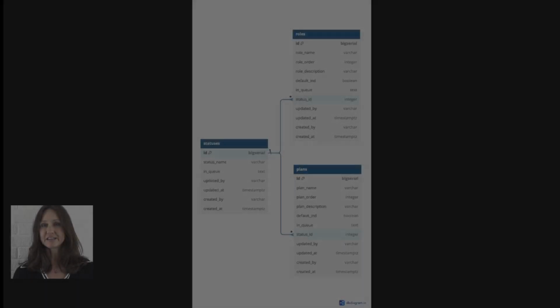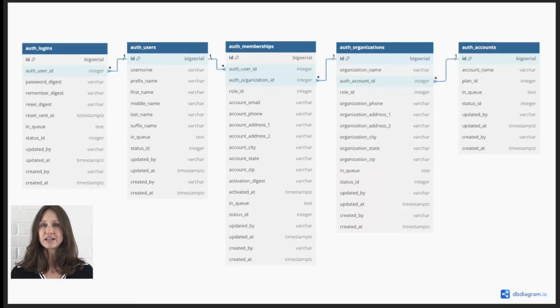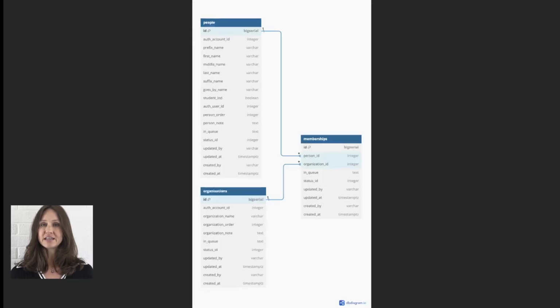If it helps to see the database at a high level visually, here it is. I have fragmented it into different pages in this diagram just because seeing it all on one page may be slightly overwhelming the senses. We first have the application-wide reference tables, followed by the authentication tables, then school reference data specific to the accounts, people and organization data related to the school,